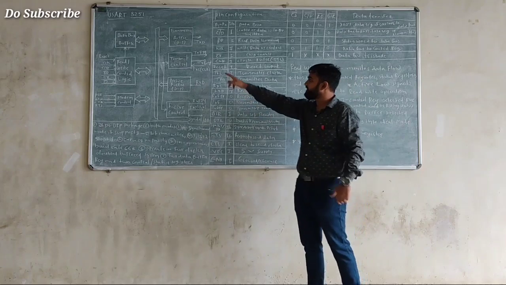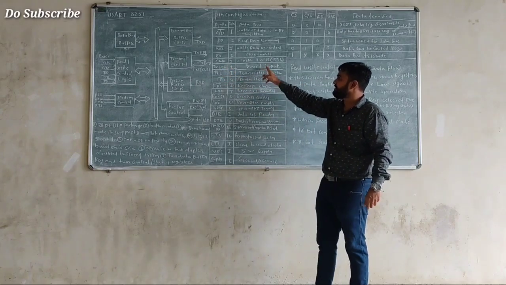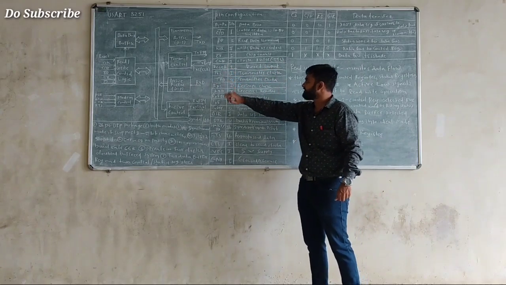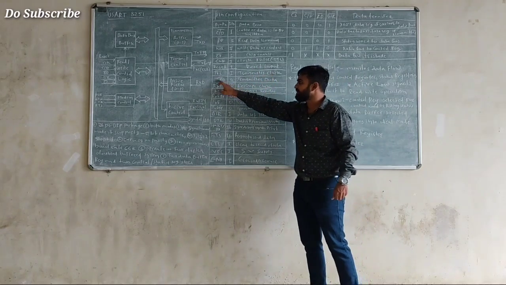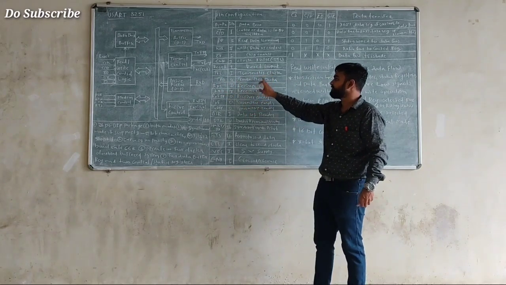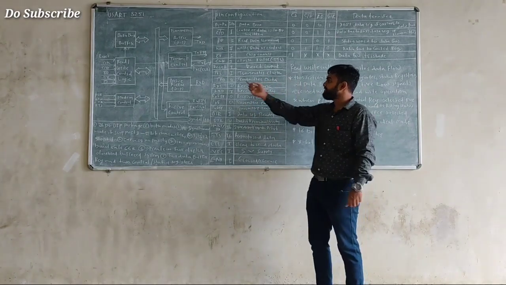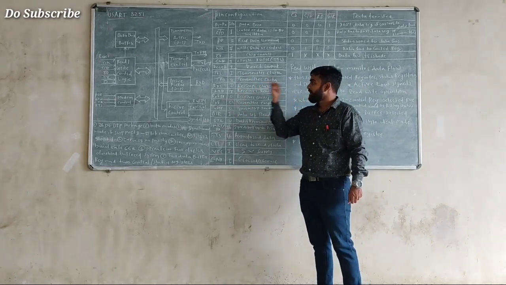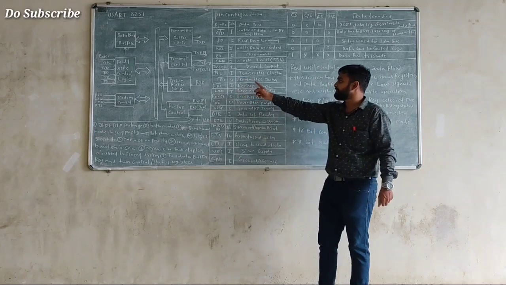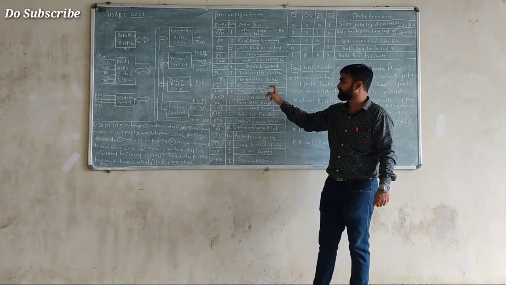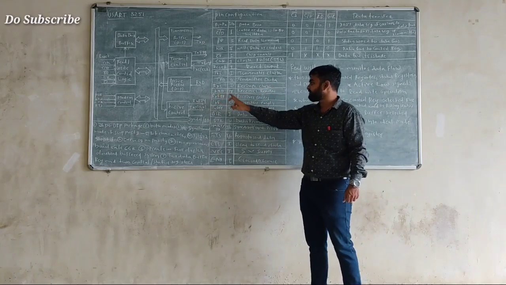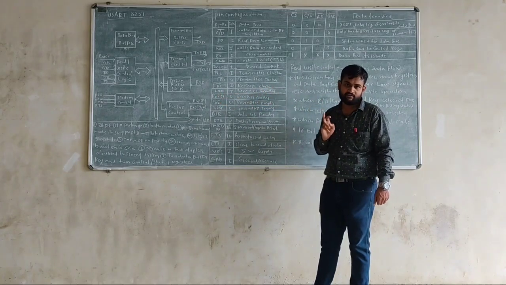Then we have a reset pin, which is used for resetting the inputs. Then TXC is there. TXC is used for the transmitter clock, and TXD is used for transmitter data. Okay, TXC meaning transmitter clock and TXD is transmitter data. Then RXC stands for receiver clock and RXD is for receiver data.